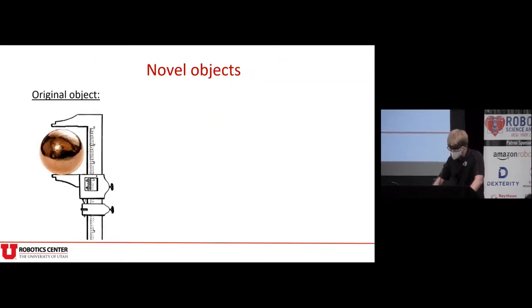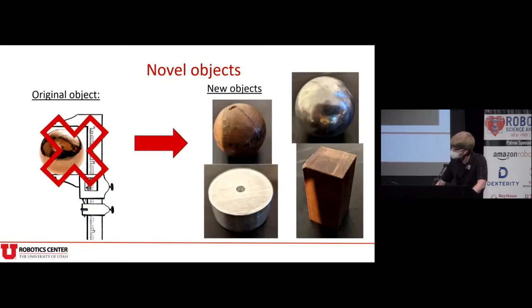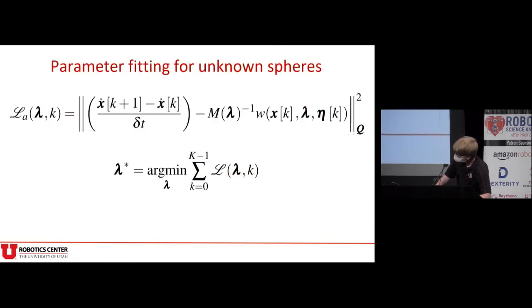Up until this point, we have focused on modeling known spherical objects and manipulating them. But the goal is to move towards real, arbitrary objects. Given data from a manipulation experiment, we can perform system identification to identify the object properties that best explain the observed motion. We use the same force-torque model we use in our control optimization to create a simple least squares optimization problem. Additionally, we solve the same problem online.